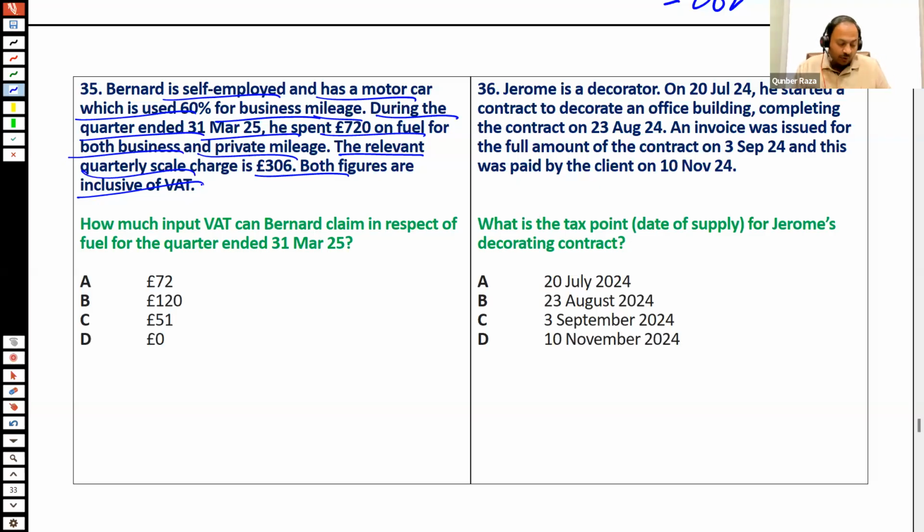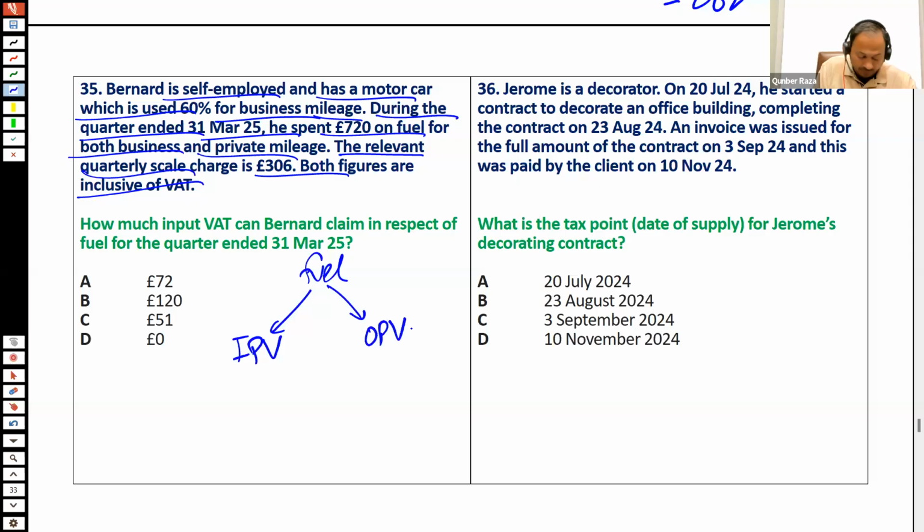Motor car fuel. The principle for fuel was that all of the input VAT can be recovered, but output VAT must then be accounted for. For output VAT, there were two approaches. Approach one, input VAT can be